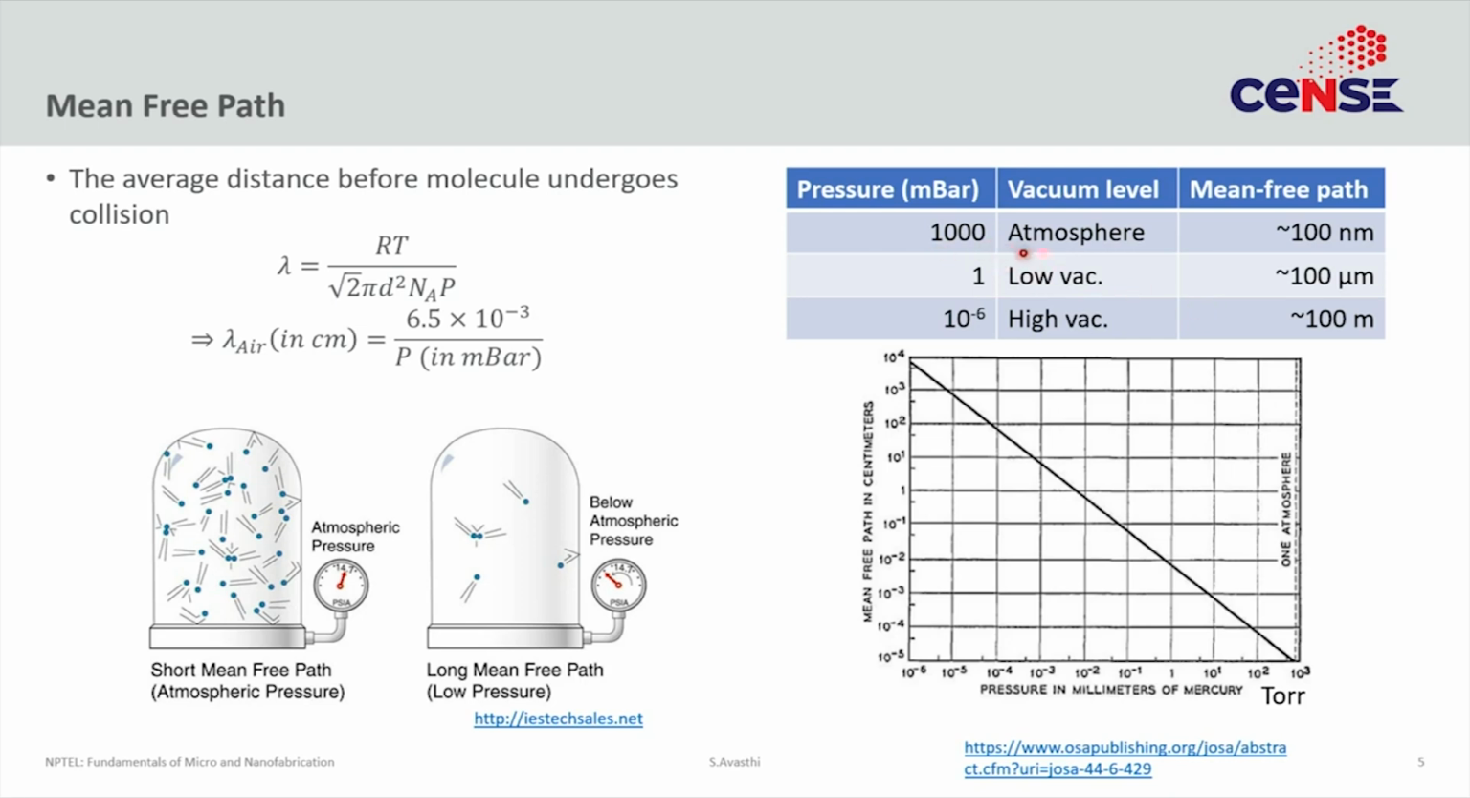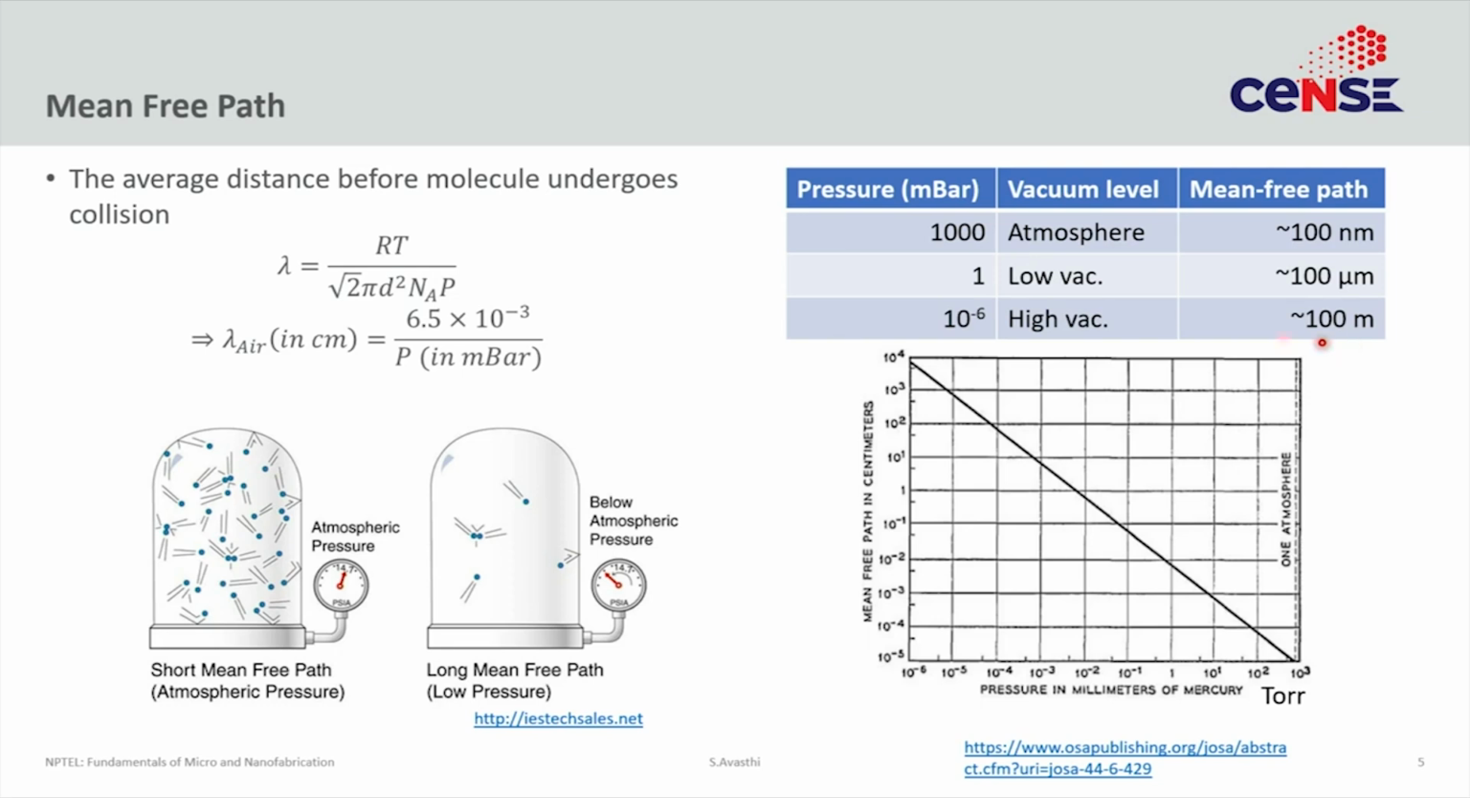At atmospheric pressure, the mean free path is around 100 nanometers. The gas molecule is only moving, on average, 100 nanometers before colliding with something. As you get to low vacuum, say the LPCVD regime, this number becomes 100 microns. Still pretty small. But once you get to high vacuum, which is where PVD is often done, those values are 100 meters. So the mean free paths are much longer than the size of the chamber itself,